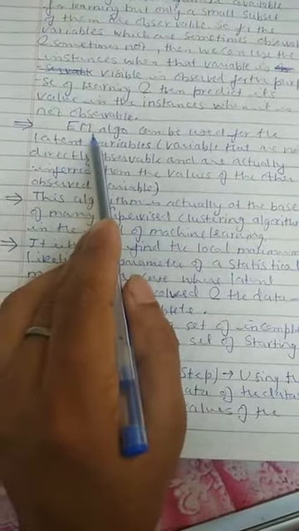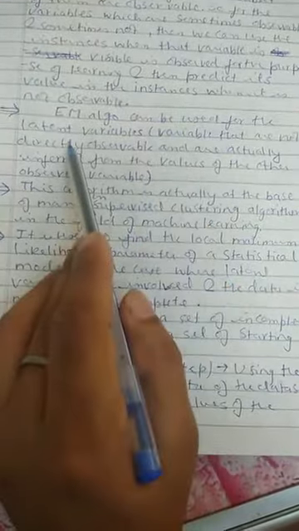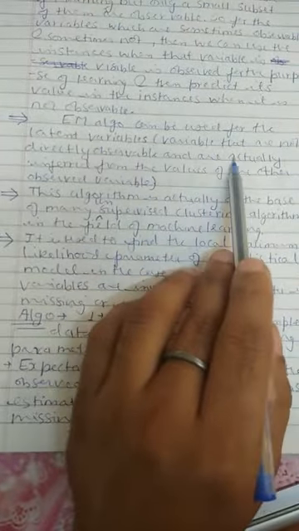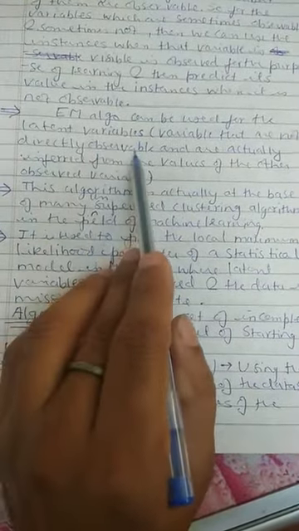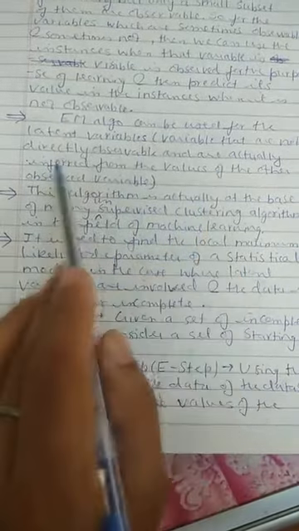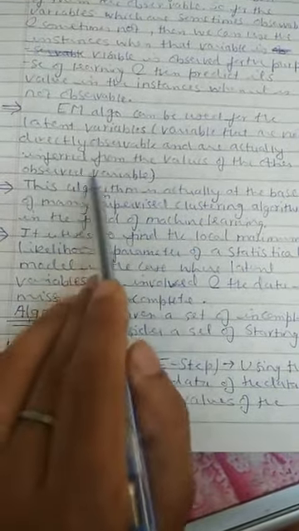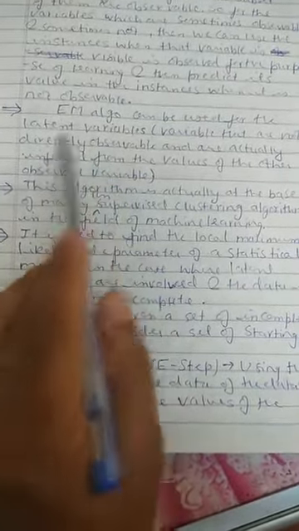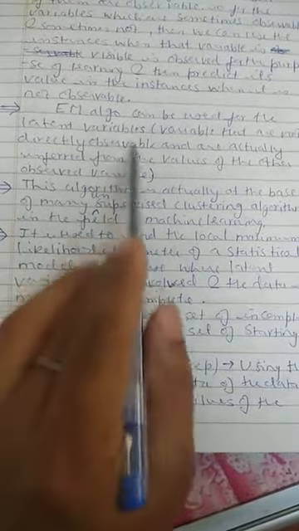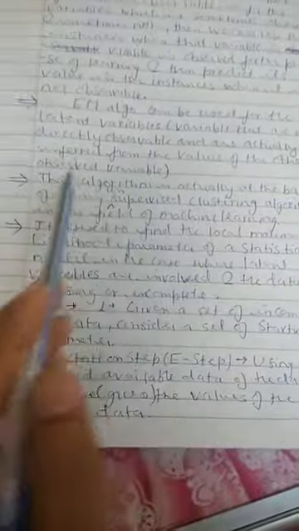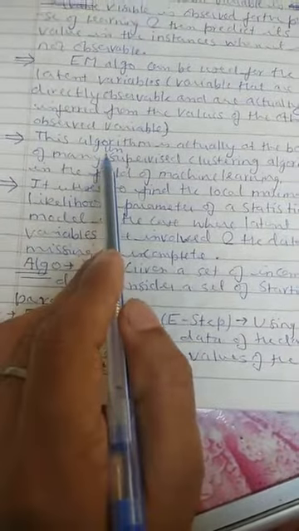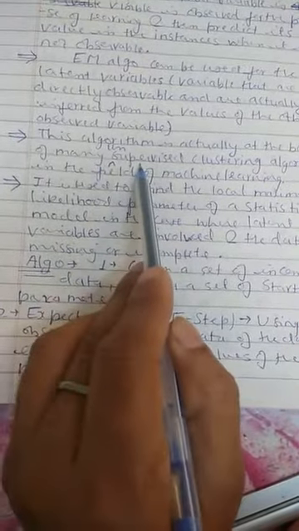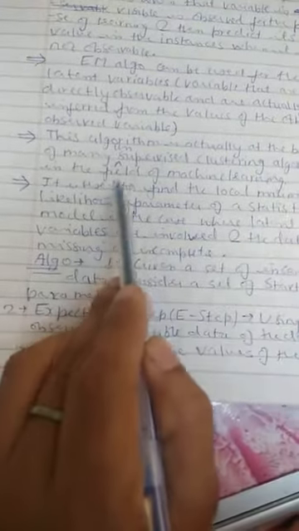First, EM algorithm can be used for the latent variables. Latent variables means the variables that are not directly observable and are actually inferred from the values of other observed variables. Second, this algorithm is actually at the base of many unsupervised clustering algorithms in the field of machine